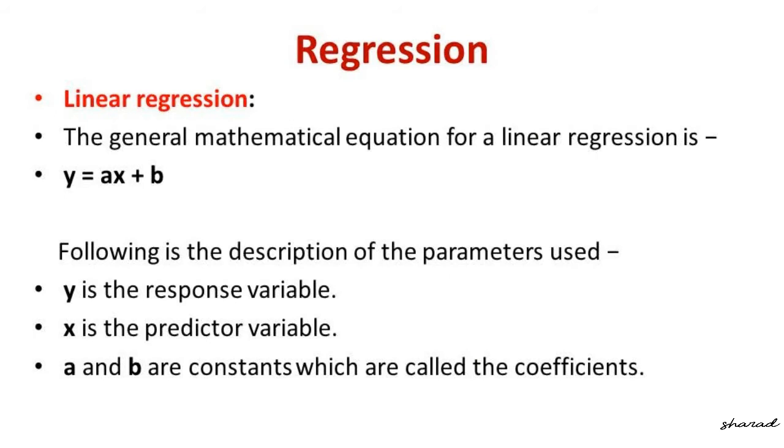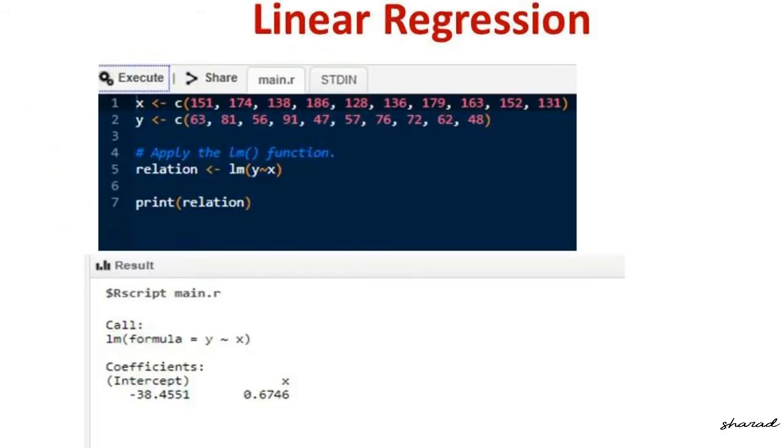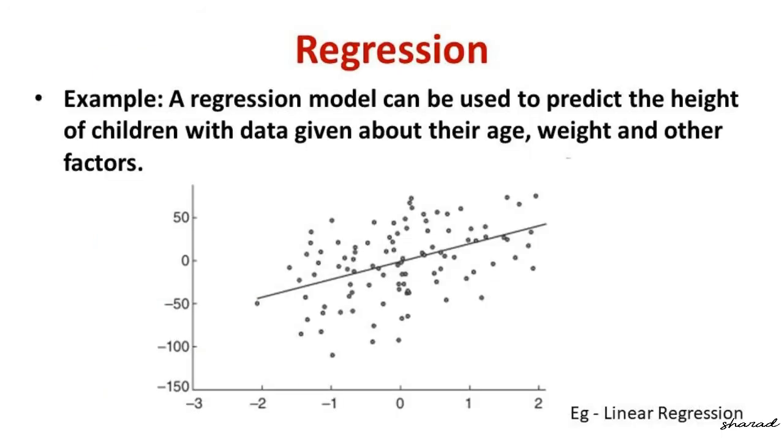Linear regression consists of two main variables that are related through an equation where the exponent power of both the variables is 1. Mathematically, a linear relationship represents a straight line when plotted as a graph. The general equation is y = ax + b. You must have studied straight lines in mathematics: y = mx + c. Here y is the response variable and x is a predictor value. a and b are constants called coefficients. In linear regression, there is a linear relationship between the independent and the dependent variable. For example,